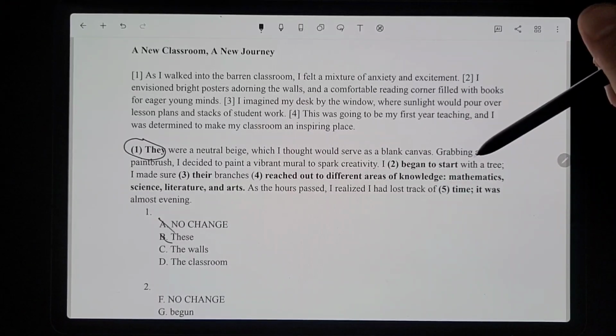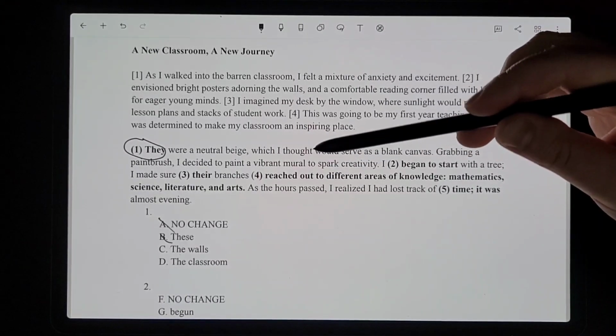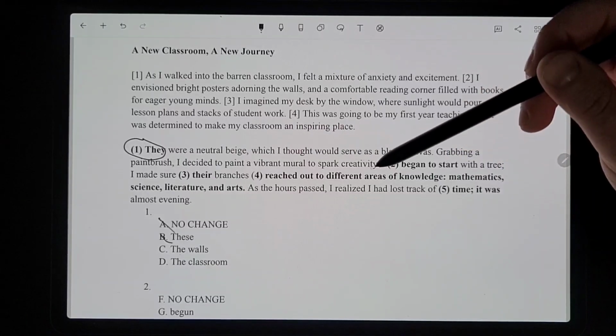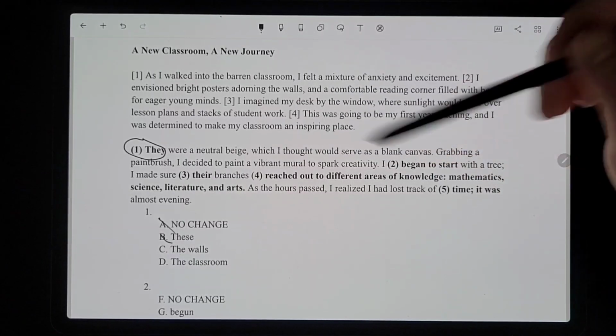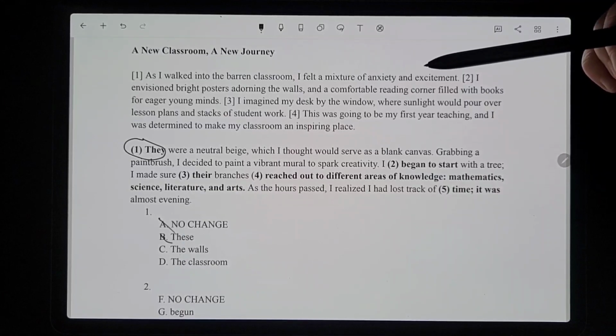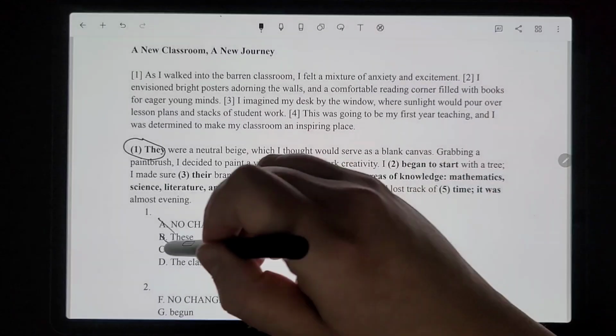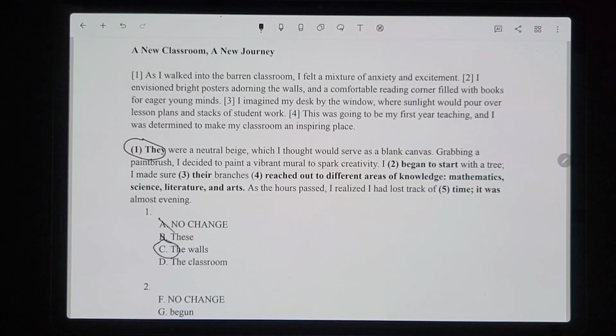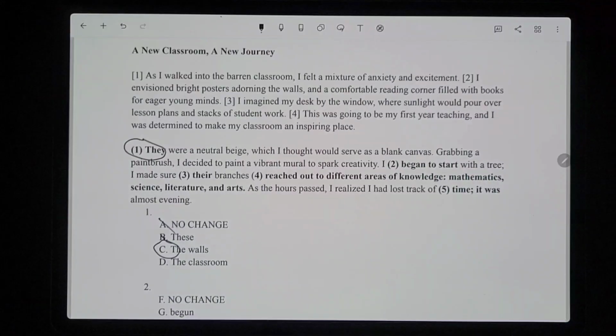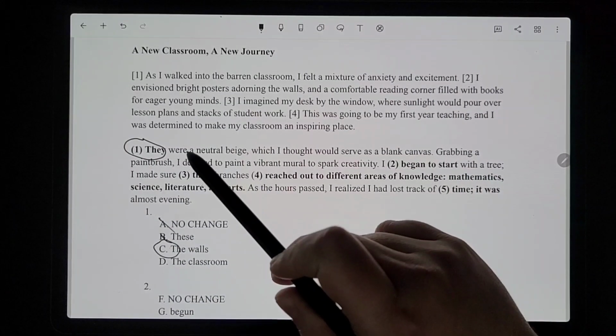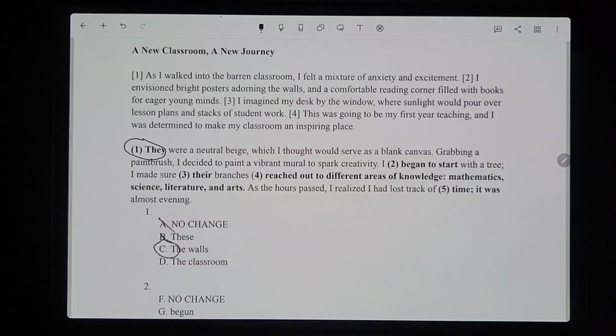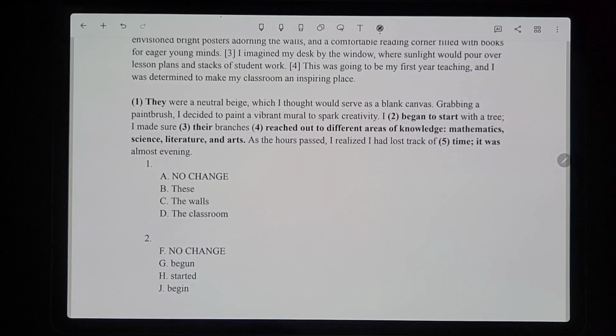And in the next sentence, they talk about grabbing a paintbrush. I decided to paint a vibrant mural. So they're probably talking about the walls of the classroom, the walls. So we're going to pick C. Also, the classroom doesn't match the verb "were" there. So that's another thing.